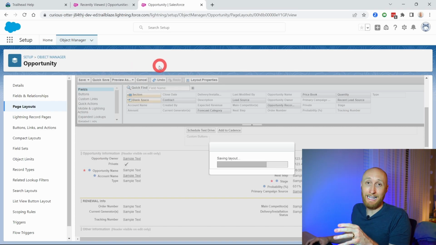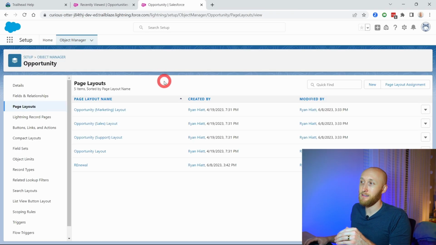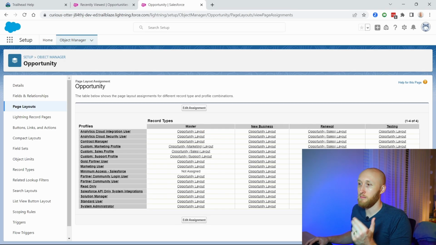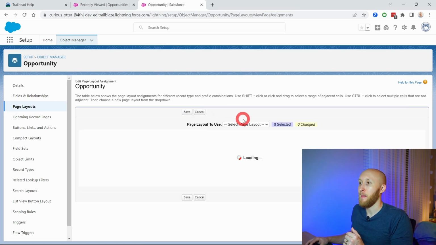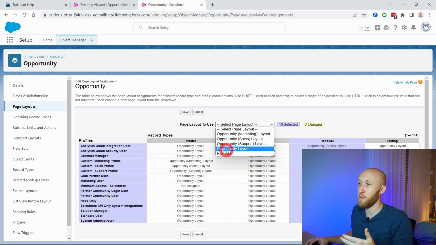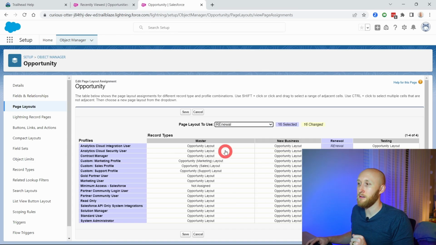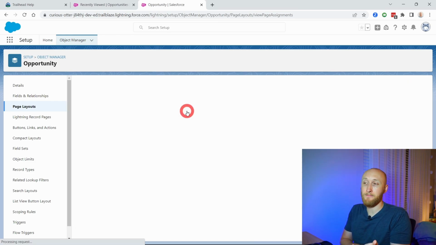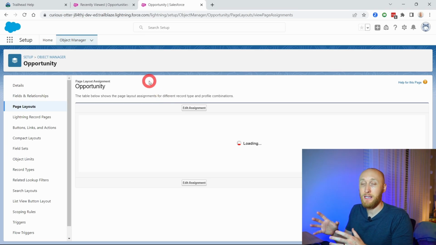So now I have a renewal layout. Now I wanna make sure that I assign this to the renewal record type. And so here, it's currently under the existing sales layout, but I wanna edit here. And I want to go into the renewals, and I'm gonna highlight all. So this is all of the profiles for the renewal record type. I want to put as the renewal layout. And I'm gonna go ahead and hit save. So just like that, all of the profiles, if it is a renewal record type,